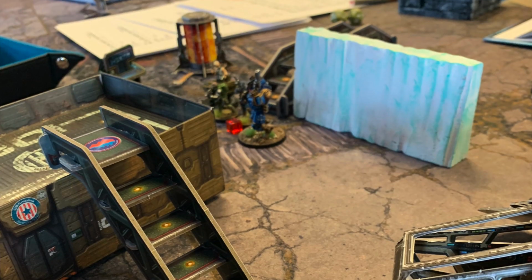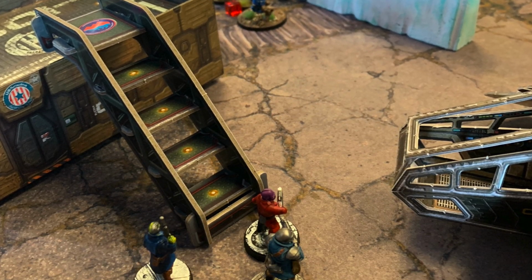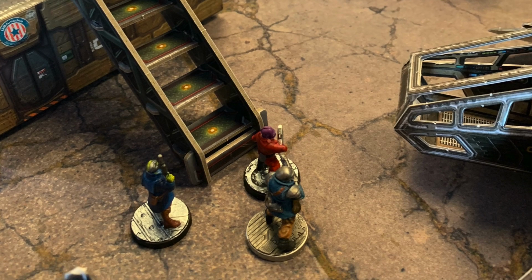Now, there's 2 types of loot. There's physical loot and there's data loot, but they both operate the exact same way. A warband member must be in base contact with that loot token, and then you make a will roll with a target number of 14. Could be 12, but I think it's 14. I'm not going to spend time to reference the rulebook, but let's just assume it's 14. So a standard soldier who has will plus 0 must roll a 14 or higher to unlock that loot token